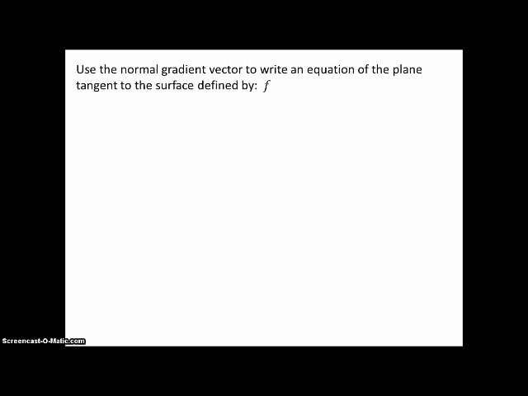Okay, one more example. Use the normal gradient vector to write an equation of the plane tangent to the surface defined by f of x y equal x divided by y at this particular point. So we need to consider this as a level surface. So f of x y can be considered a third variable z, and then we just move z to the other side, and that is a level surface for